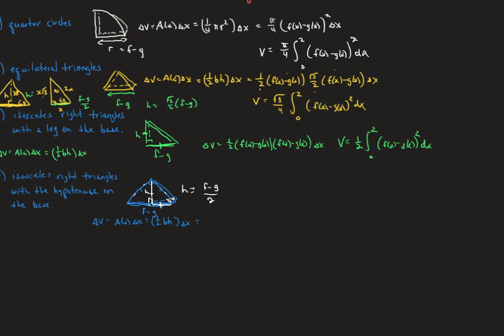So that is going to make our 1/2. The base is our f of x minus g of x, and our height is going to be that f of x minus g of x over 2,